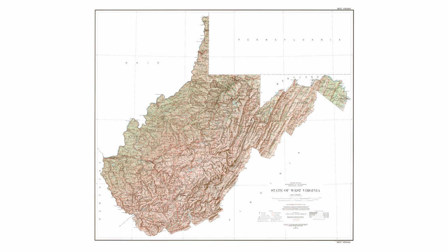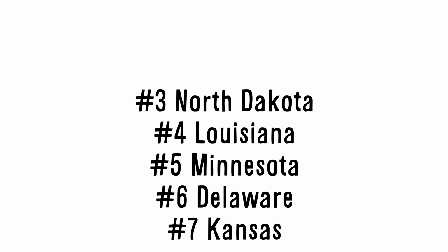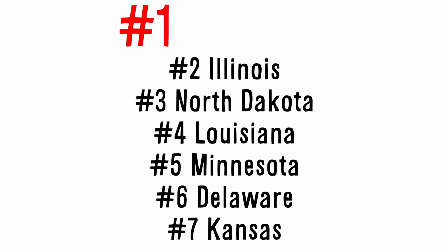By cleverly applying this rule to topographical data, they were able to give every state a flatness score. West Virginia was the least flat. Kansas was only the 7th flattest. Delaware, Minnesota, Louisiana, North Dakota, and Illinois are all, by this method, flatter than Kansas, as was the number one flattest